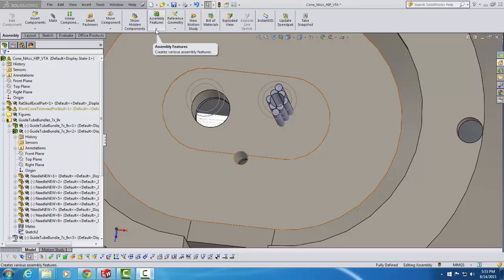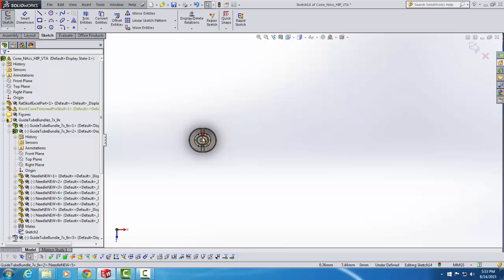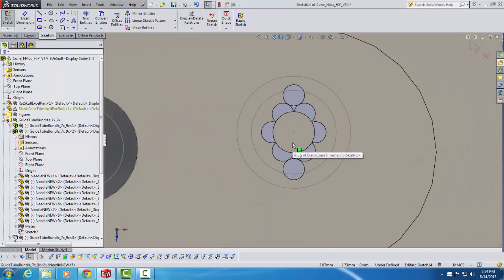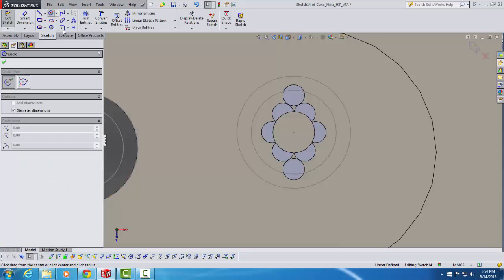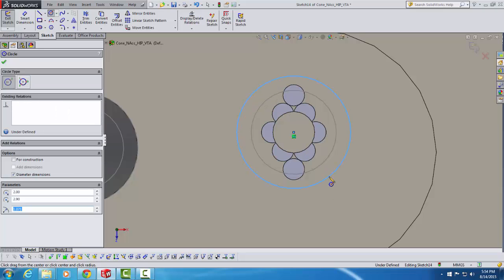So once again, we go to Assembly Features and choose Extruded Cut. We're being asked to choose a plane. We do that by choosing any top surface of one of these probes, so I'll click on that one. I get a view that's perpendicular to the plane that I chose. I'll zoom back down, and now I need to draw my circle, so I'll click on Circle, and then I'm going to click on the center of this bundle, pull out until the outer circle turns orange. Don't want to go too far there. Click Check,